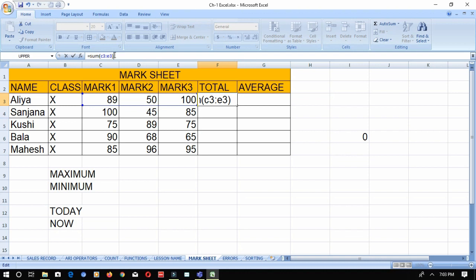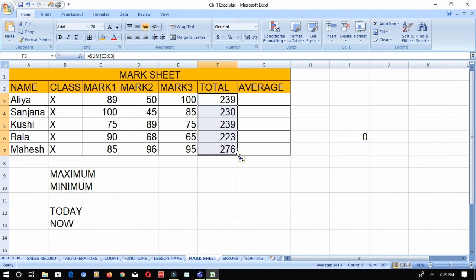We have various functions for various requirements, so we will see all the functions together first. Now you know how to copy the formula. In the previous video I told you about cell referencing. We are going to use the autofill feature and fill the formulas to the other cells, because we are going to copy the same formula to other cells. What is this referencing called? This is called relative cell referencing. Just use the autofill handle and copy the formula to the other cells also. Hope you all remember this.